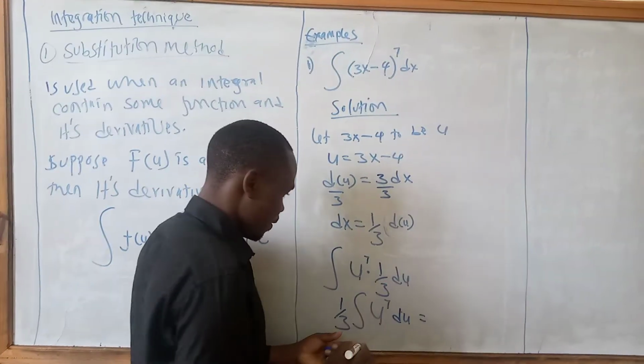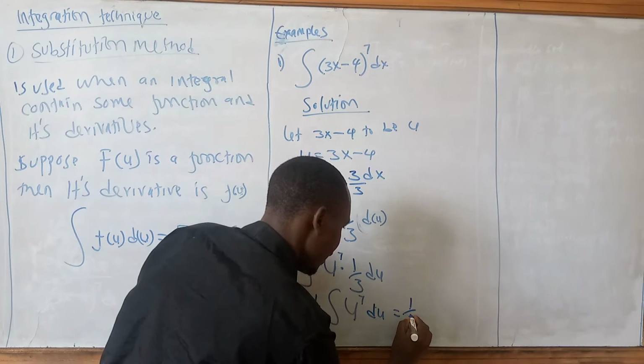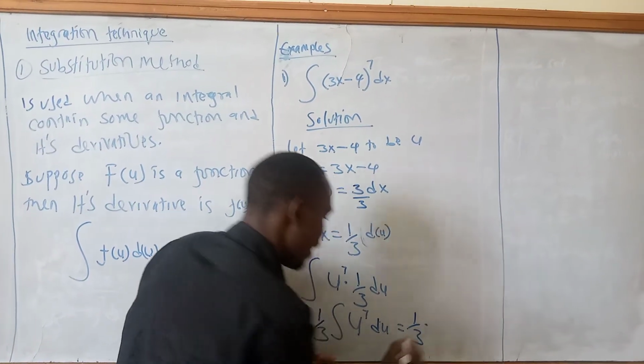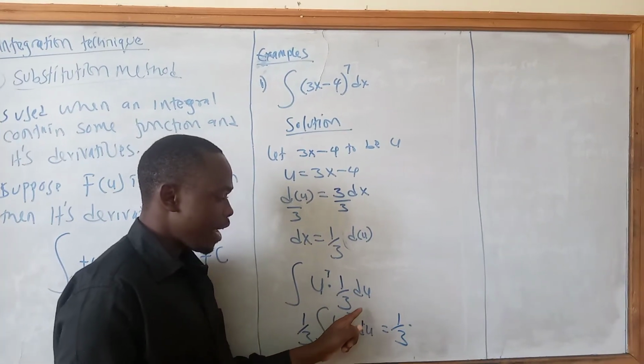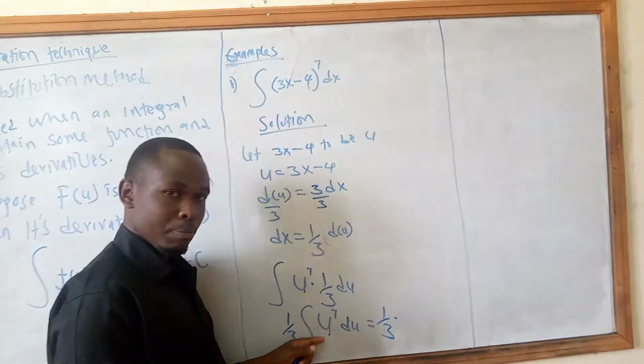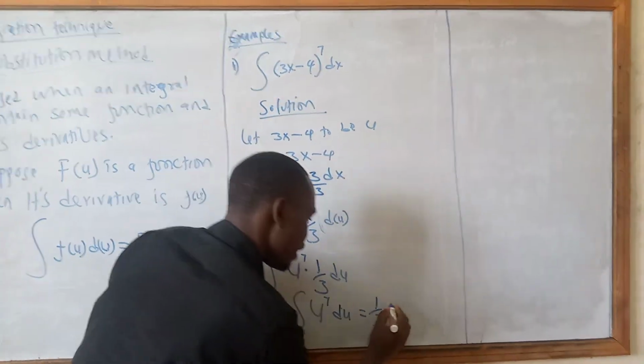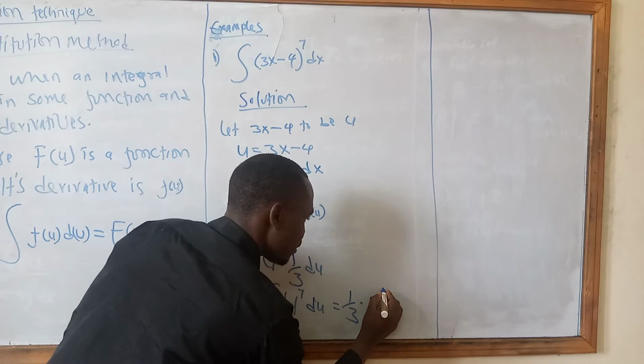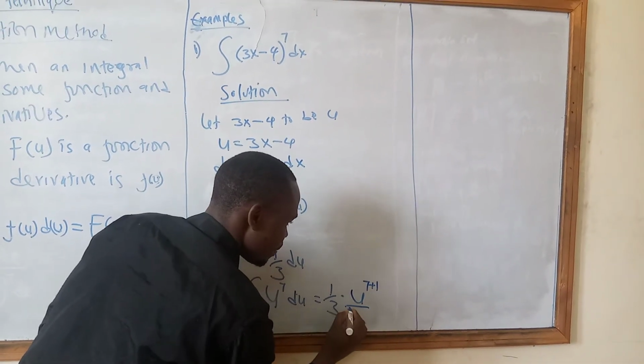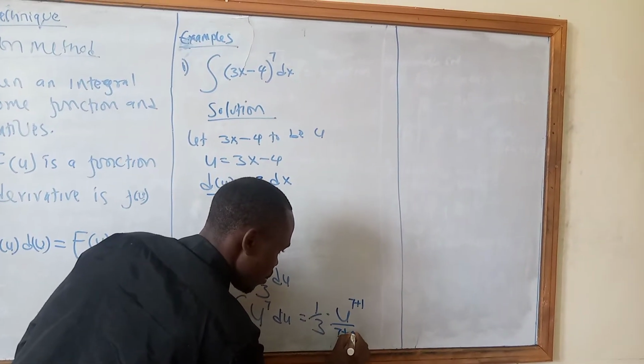This is the same as 1 over 3 multiplied by the integration of this one. I add 1, then I divide by it. It will be u raised to 7 plus 1 divided by 7 plus 1,